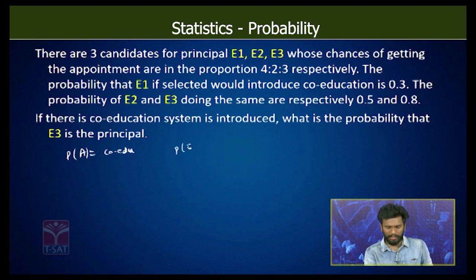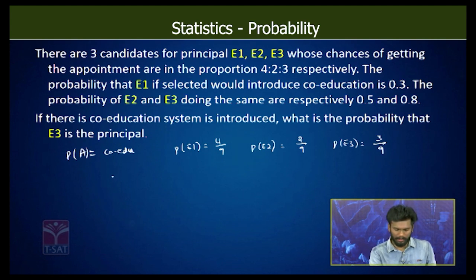Now probability that E1 is selected as principal is given by 4/9. So 4 divided by 4 plus 2 plus 3. That's how we convert the proportion into probability. Now probability of E2 becoming the principal is 2/9. Similarly, probability of E3 becoming the principal is 3/9. Now what is the data given here? Probability that E1, if selected, would introduce the co-education, that is probability of